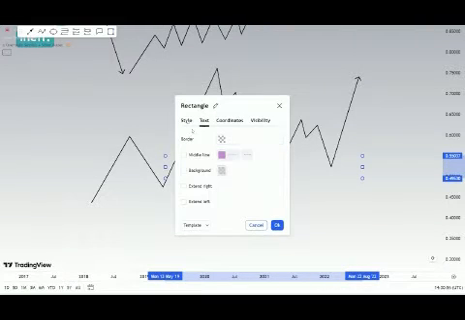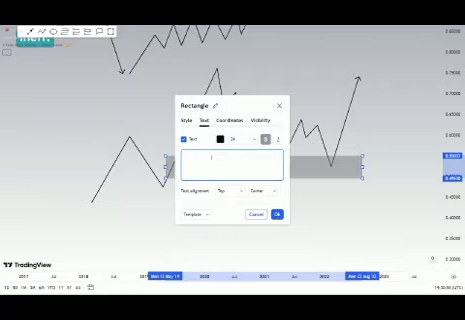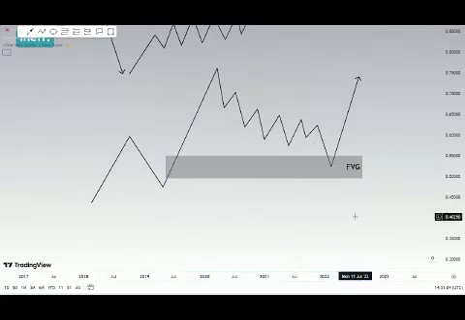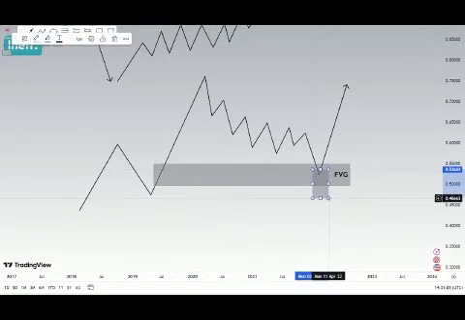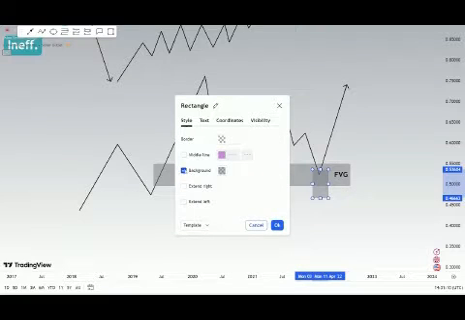And this fair value gap represents, again, an inefficiency between buyers and sellers, right? We see price displacing, giving us that inefficiency, right? That buy side inefficiency, and our job is to understand price is going to rebalance at some point. Now the rebalancing